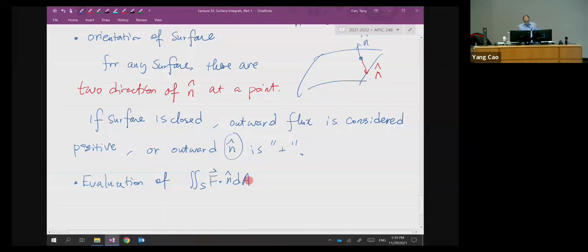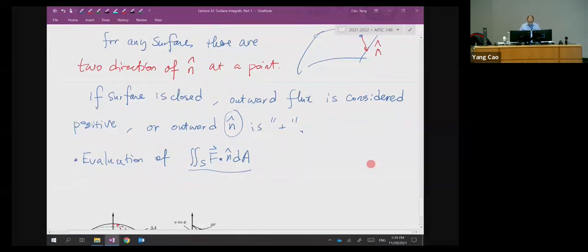So grab a piece of paper and write a few times this formula: integral over S of f dot n hat dA. And also talk to yourself: what is f, what is n hat, what is surface S, what is the relationship between S and n hat? Then that formula will become yours, right? And the first,